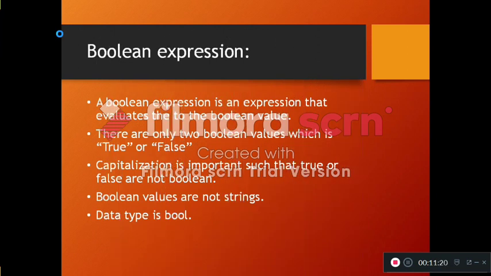Okay, we can talk about the selection structure. Now we can talk about boolean expressions. What are boolean expressions? A boolean expression is an expression that evaluates to a boolean value. Boolean expressions are things like greater than, equal to, less than, not equal to. That type is called a boolean expression. And we have two boolean values,